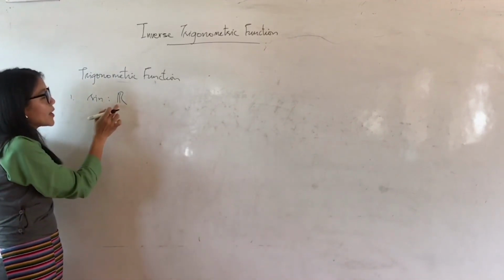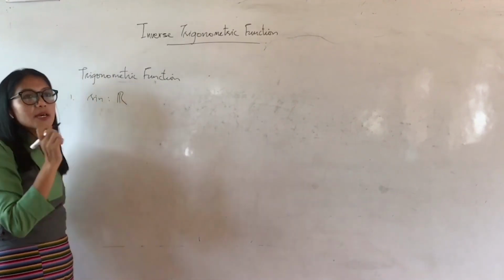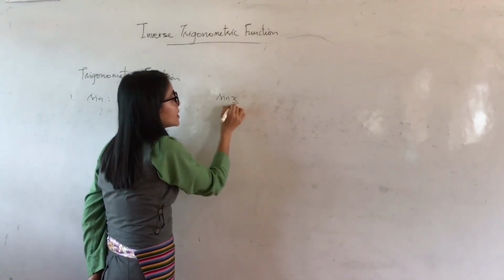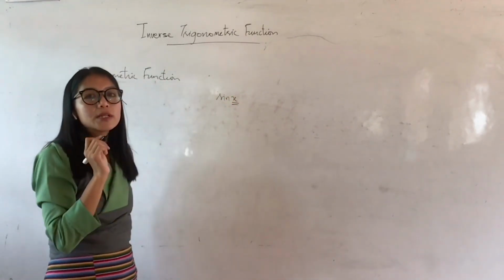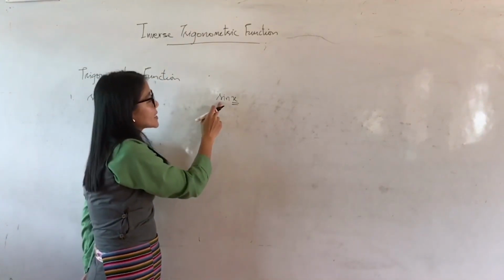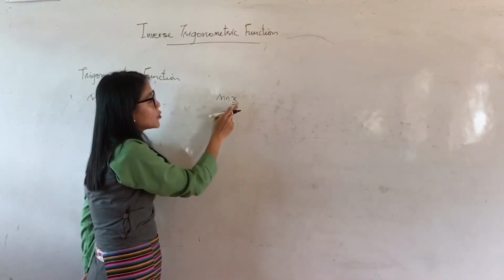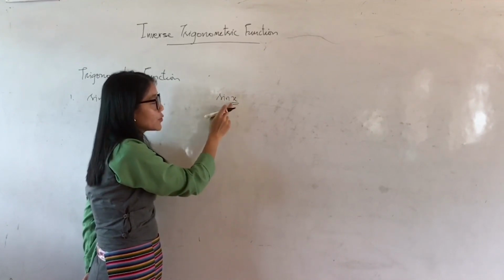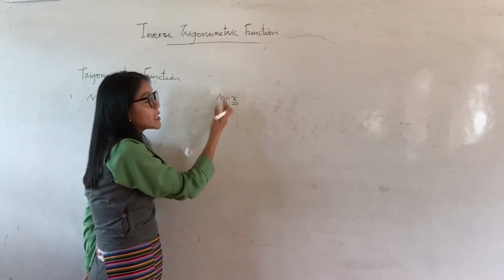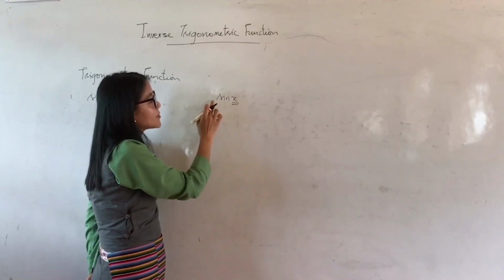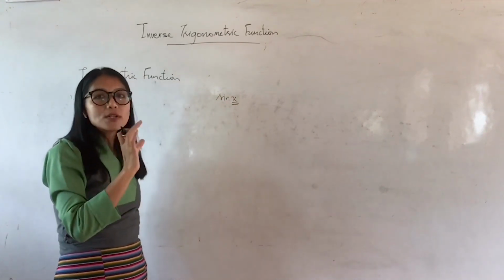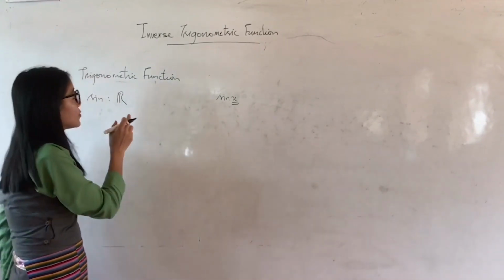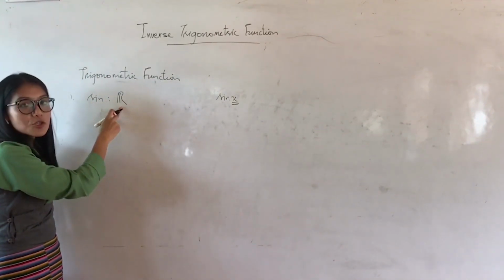So sine is defined for the set of all real numbers, which means when I write sine x, this x can be any real number. If I take sine of 1, sine of 90, sine of 100, sine of 120, sine of 300, sine of 1000, or sine of any negative real number, sine of -5, sine of -6, for all such real numbers you will get a defined value of sine. Therefore we say that the domain of sine is the set of all real numbers.